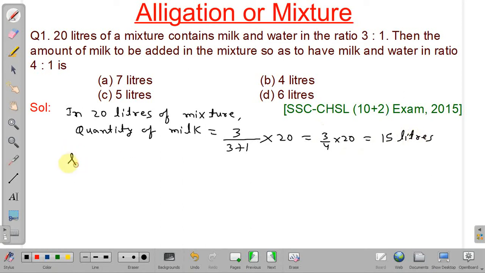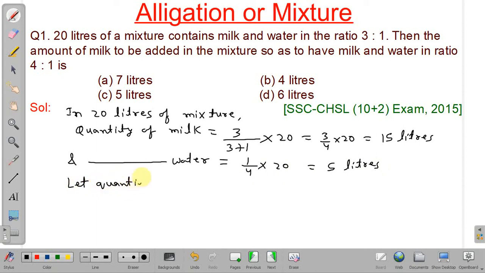And quantity of water: out of four parts, one part will be water. So 1 by 4 into 20. So it is 5 liters. Okay. Now we have to find how much milk shall be added. So let the quantity of milk to be added